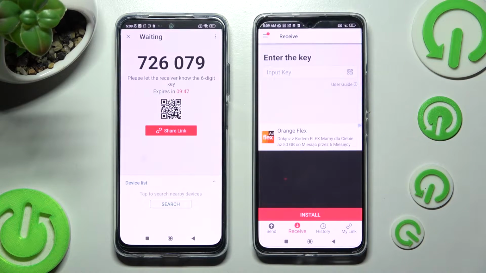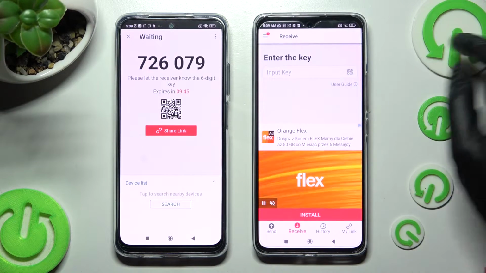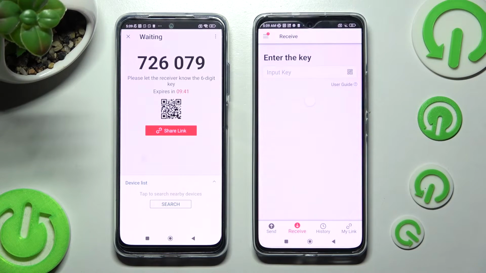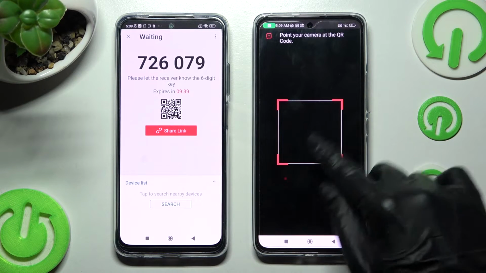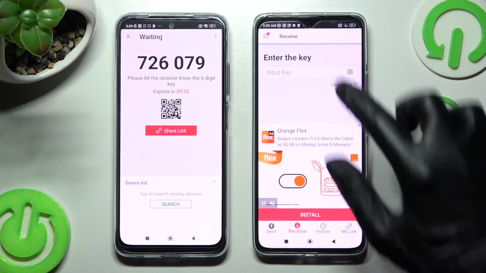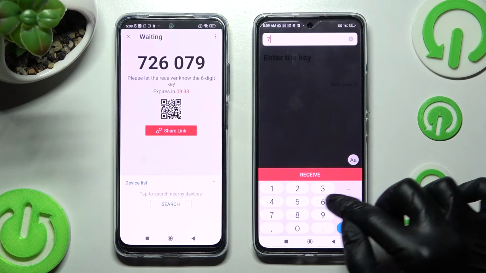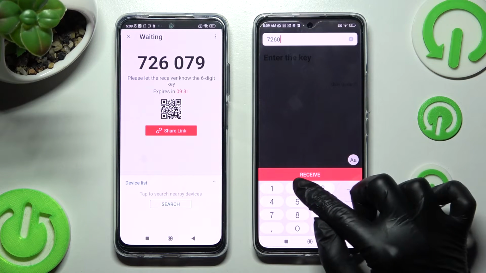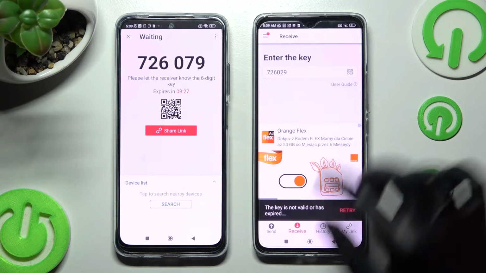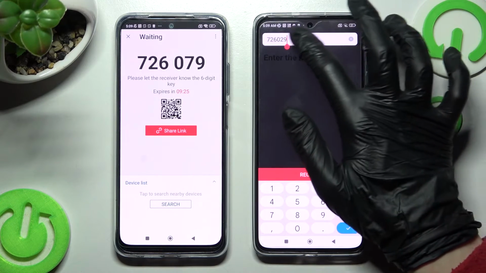We can scan this QR code by tapping on this scanning icon next to input key, choosing while using or only this time, and pointing our device's camera at the code. But we can also input this key over here instead and tap on Receive. Either way, after a couple of seconds,